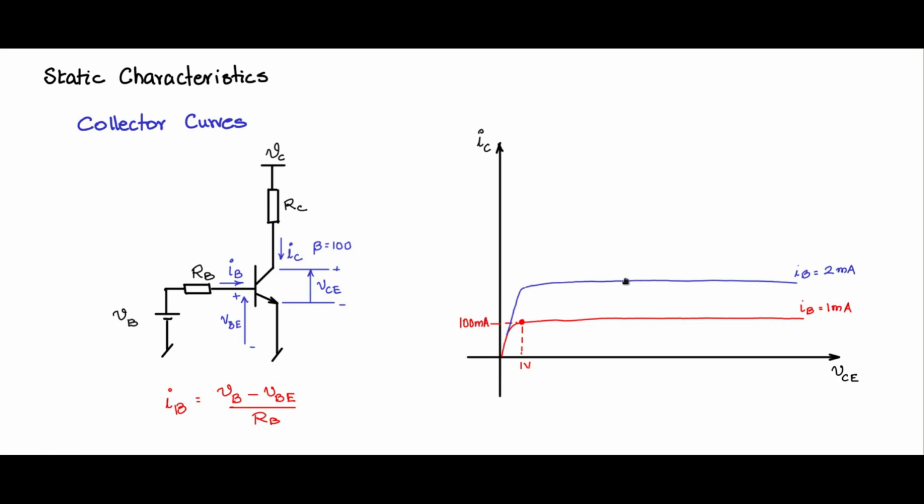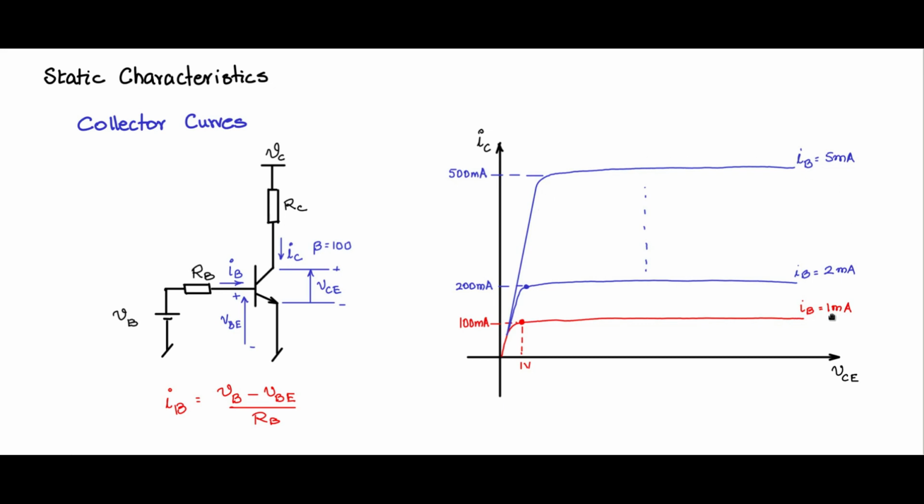And this value, this almost flat top value here, will be 200 milliamps, which is beta times IB. So like that you can keep changing VB, fix the value of IB, then sweep VC from 0 to VC max, and you will get the curves. So let us say you can do that for several such, you will get a family of curves. And I have then set IB to 5 milliamps, and you will see that IC will be 500 milliamps.